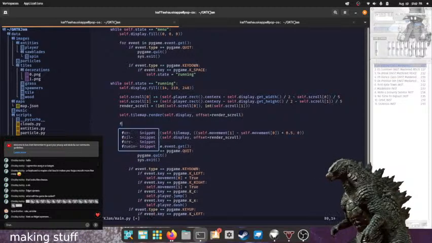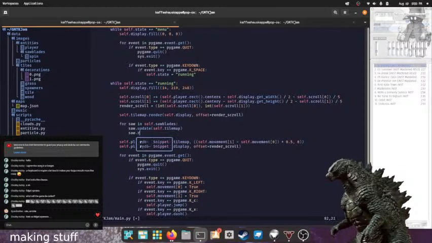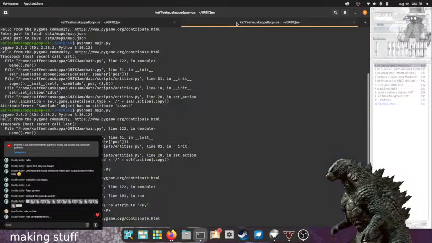After it renders the tile map, I'm going to have to go for saw in self.saw_blades: saw.update(self.tile_map), saw.render, self.display offset will equal render scroll. That should do it. Hopefully.